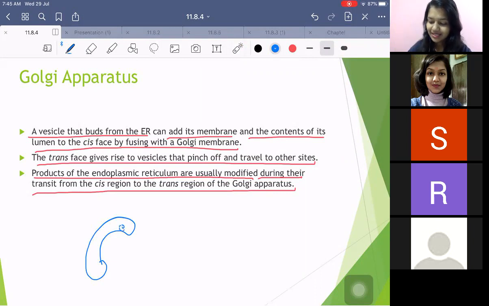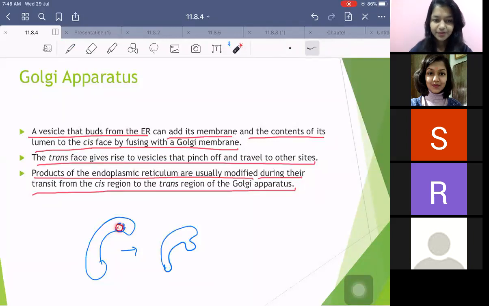Let's say some synthesis has taken place here. Okay? Just see it very carefully. What is going to happen? What I am doing. Can you see what I have done? Something got formed here. Something got formed here. And then the membrane is getting extended like this. And the something which got formed is coming into this depression. It will come here in the depression.